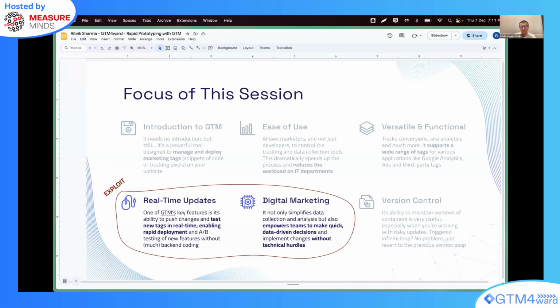Cutting down this deployment cycle from hours or days into potentially minutes, depending on what you're trying to achieve, is a game changer, especially when you're working with a brand that spends quite heavily and you notice that something isn't working or something could be improved. You could deploy those changes fairly fast and quickly through Google Tag Manager, and we'll see how in just a moment.